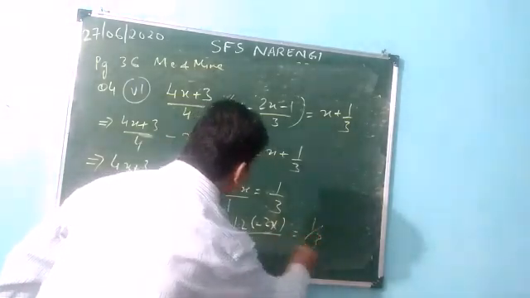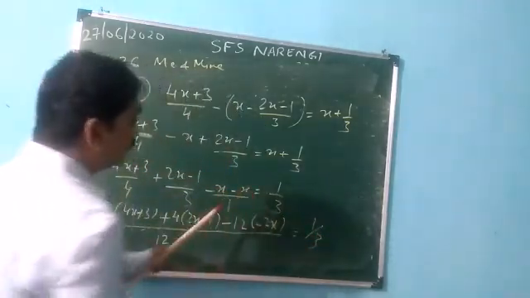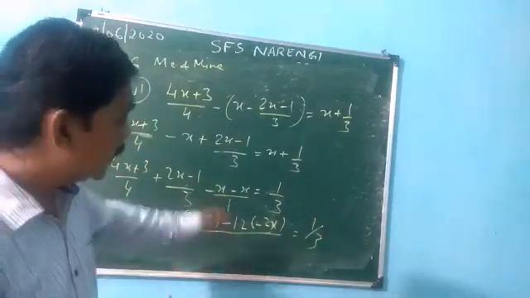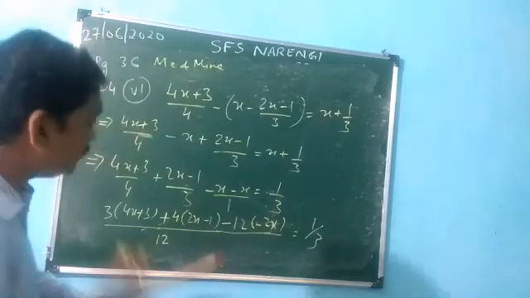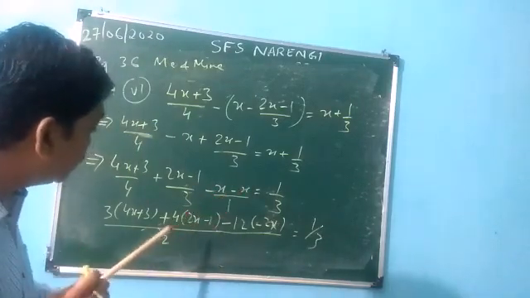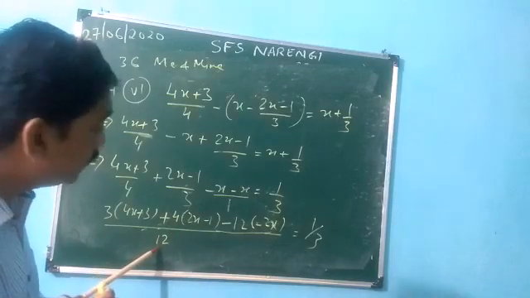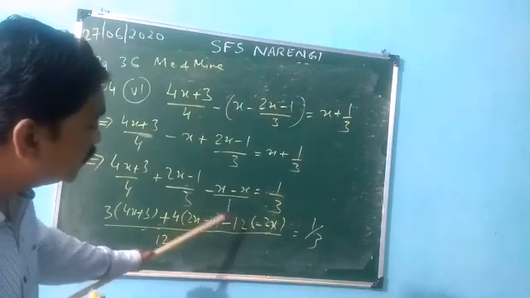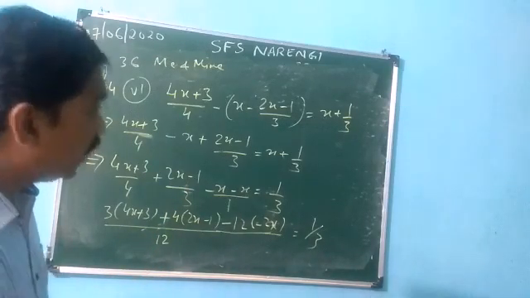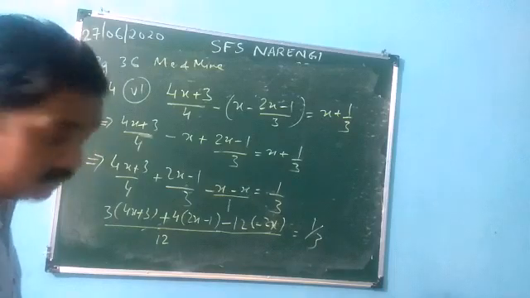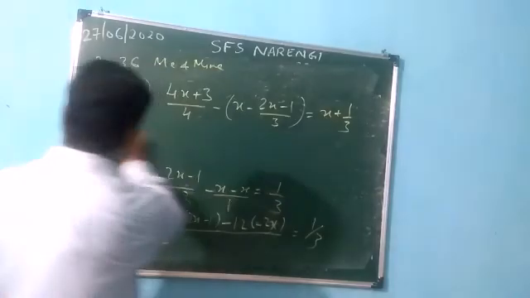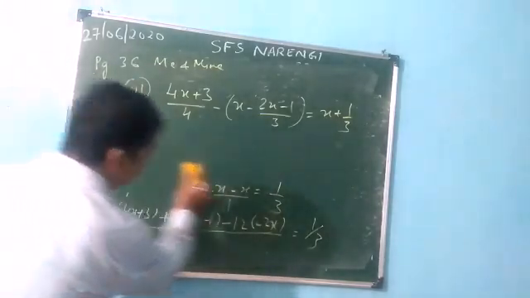Is equal to 1/3. Minus x is minus 2x. I am doing it in a shorter way so that the space is very less. So minus x is minus 2x, and minus 2x is multiplied with this LCM 12. Why 12? Because 12 divided by 1 is 12, so 12 is multiplied. I think these are the very fundamental things that you know very well. Now after this what to do? I'll drop the first step, and I'll drop the second step also.